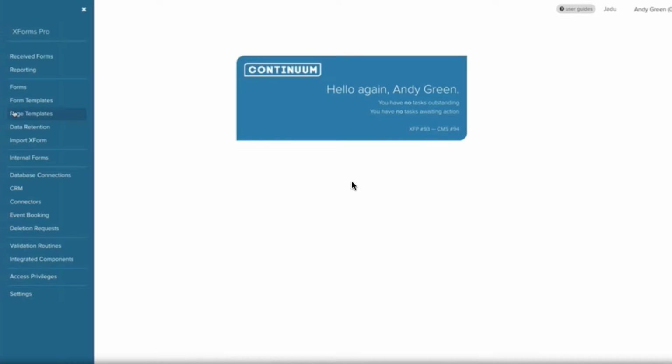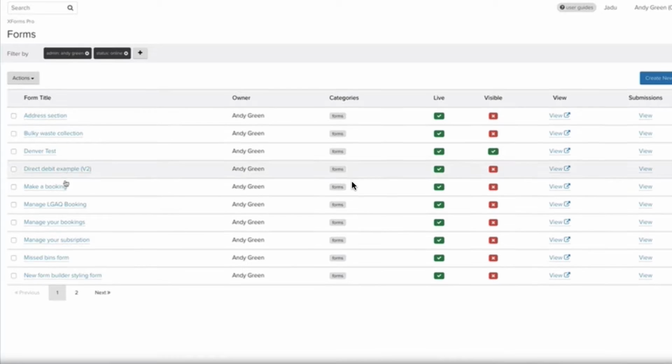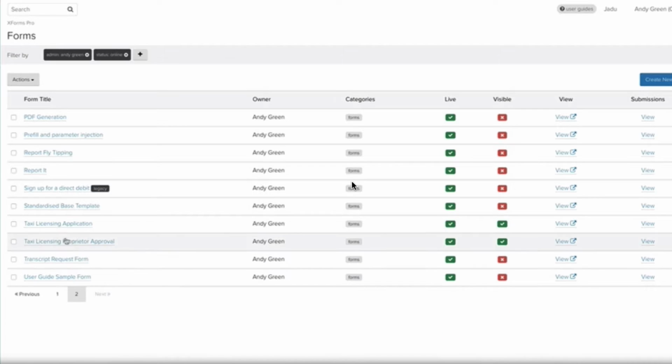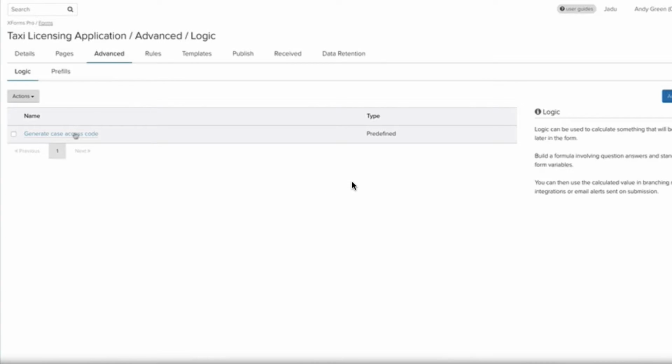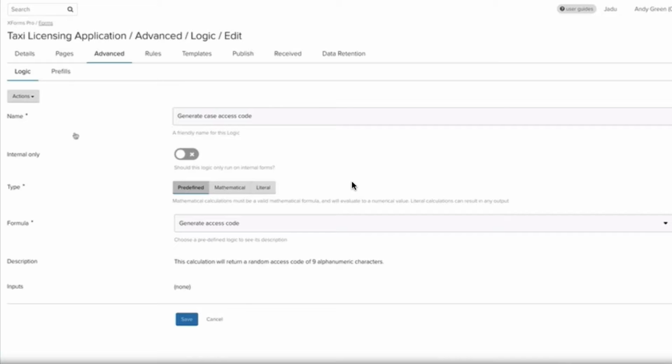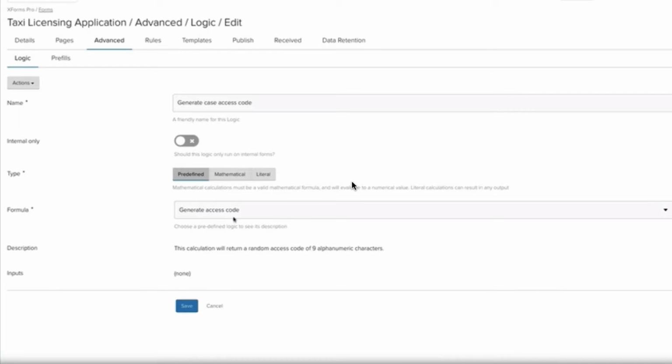So I set this up yesterday afternoon. Only took about an hour to do a case type in the form. It's really quite simple. Essentially, what we've done is we've added a new piece of logic, and that is called generate access code, and that's a calculation that we can run on the form and then pass that access code through to CXM. So the logic here generates the access code,